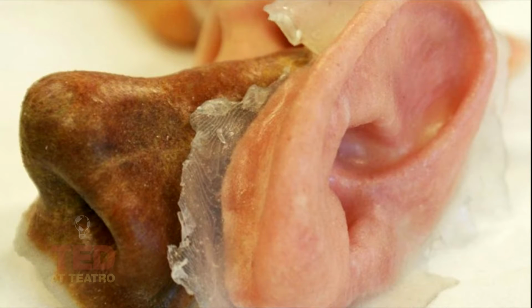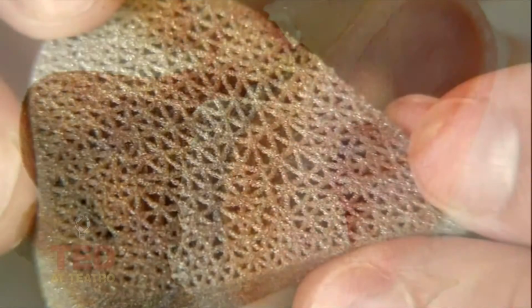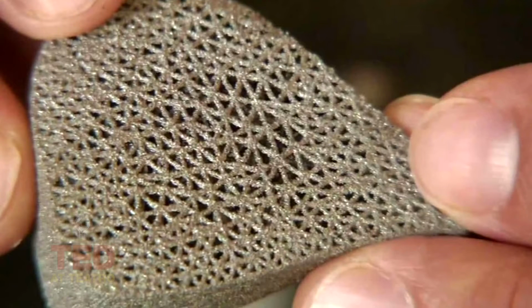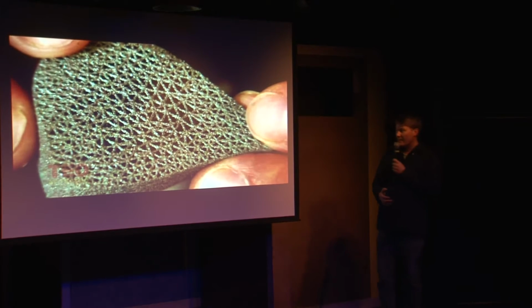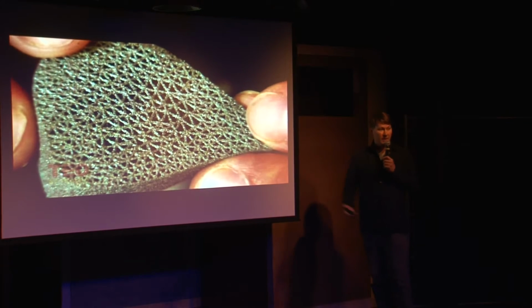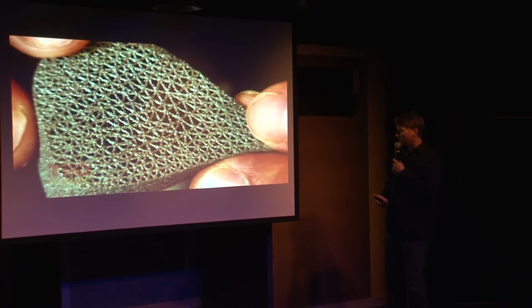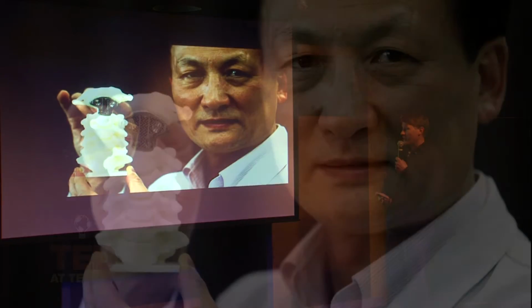It's coming from the medical field. This is prosthetics, and this is the cutting edge of prosthetics. This has the potential to help a lot of people, and if you think about it, this is bone scaffolding. This is something that you could put into the body, and your bone will grow around it. It's 3D printed, and it works, and it's changing the healthcare industry, the prosthetics industry.